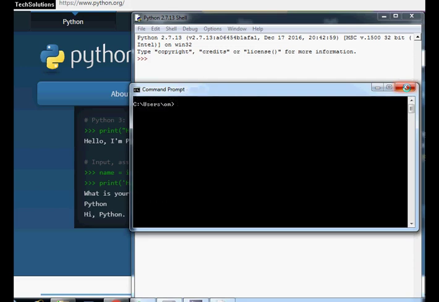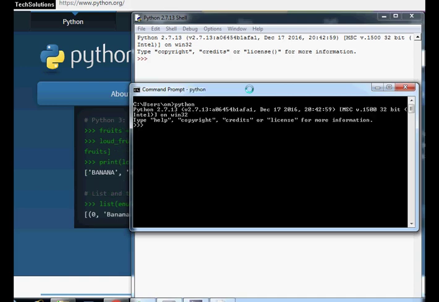In Windows, you can see that the cursor is blinking here. Also, we can use the Python interactive mode in the command prompt in Windows by typing python and pressing enter.